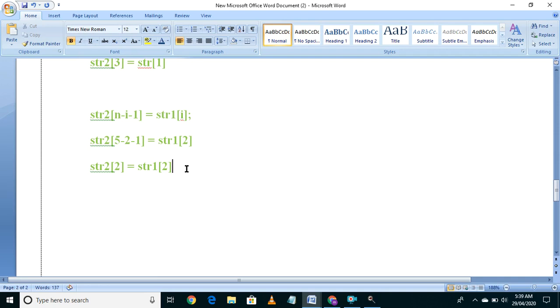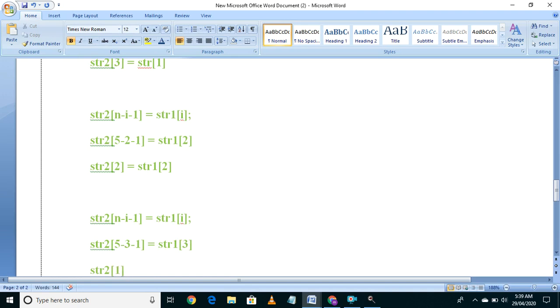Same thing I have to do here again. Compute the value. str2 of 5 minus 3 minus 1 equals to str1 of 3. So 5 minus 3 is 2, 2 minus 1 is 1.